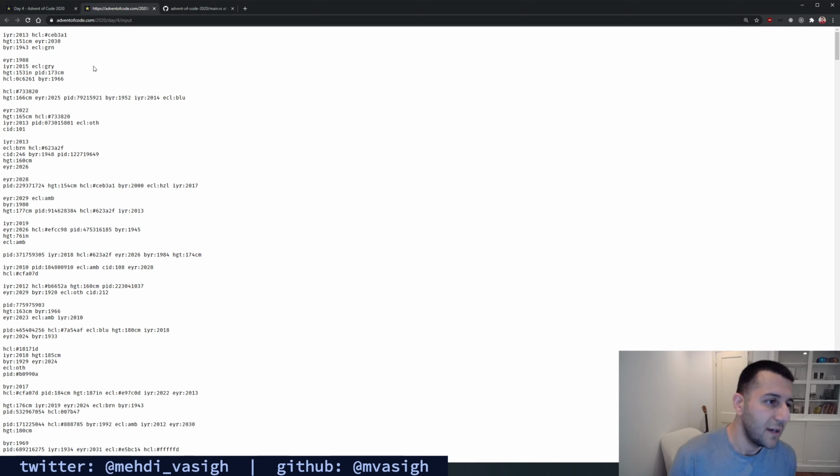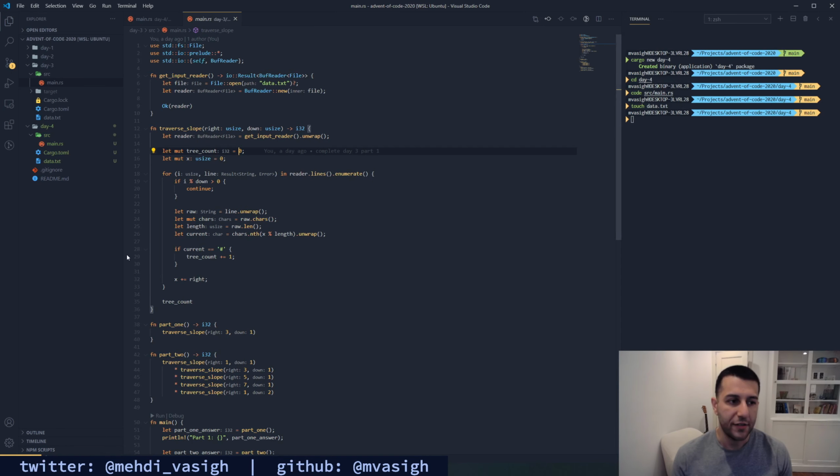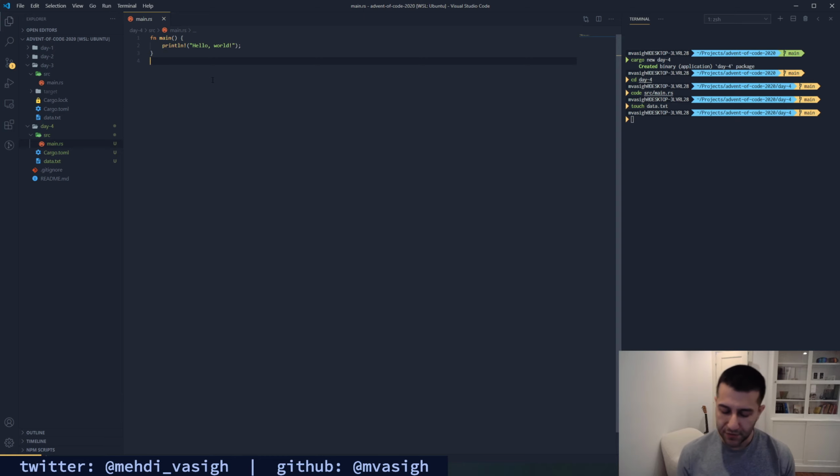write the code in a very imperative way, at least at first, and then maybe we can refactor. Maybe we'll need to because of part 2. So let's first worry about getting our input data. And also, instead of using a buffer reader, I'm probably just going to read the entire thing into memory. It's not something I would want to do on the job, but because I don't really care about memory consumption, I'm just trying to get a gold star. I'm just going to do that right now.